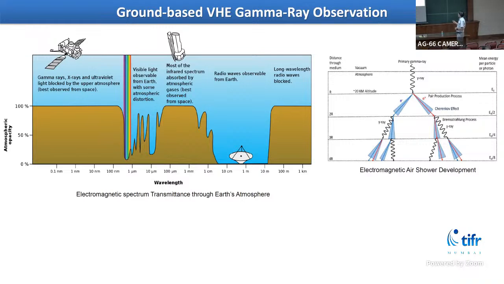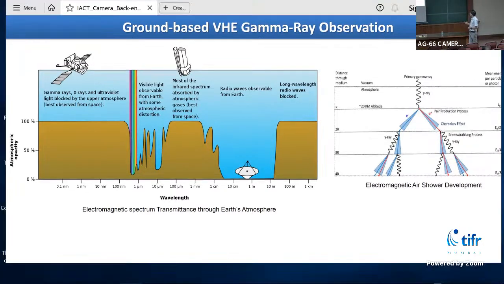When a gamma ray enters the Earth atmosphere, it gets converted into